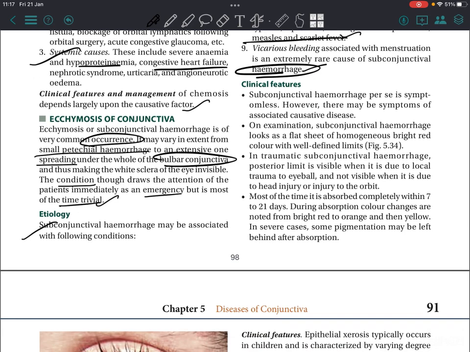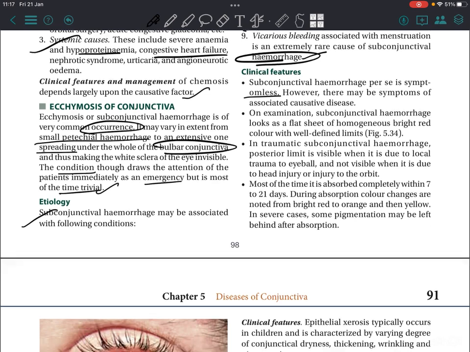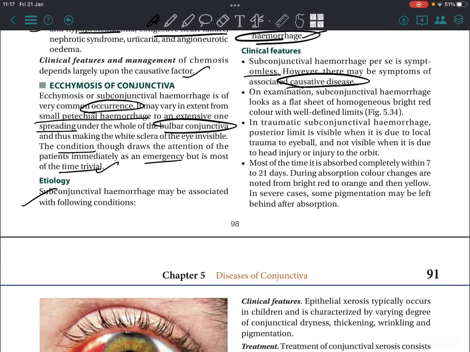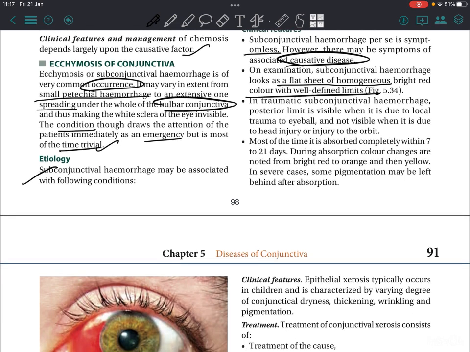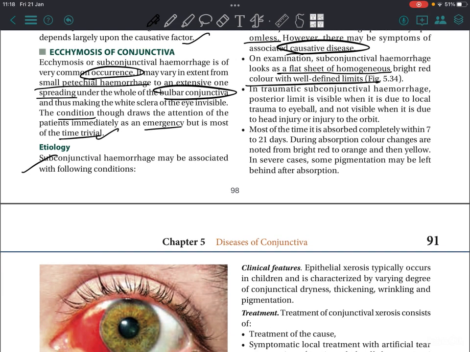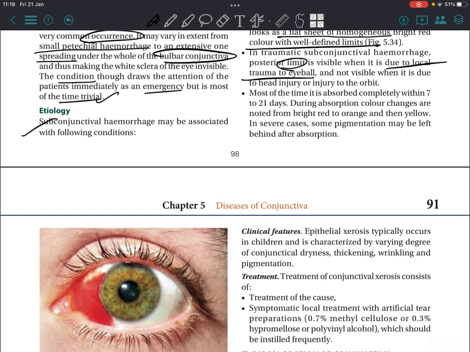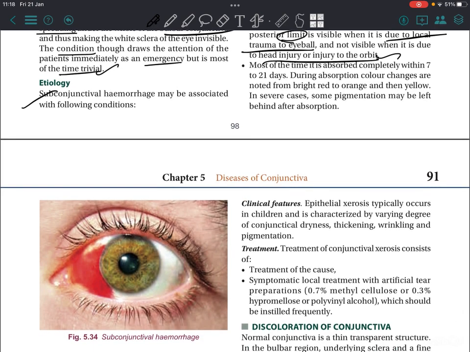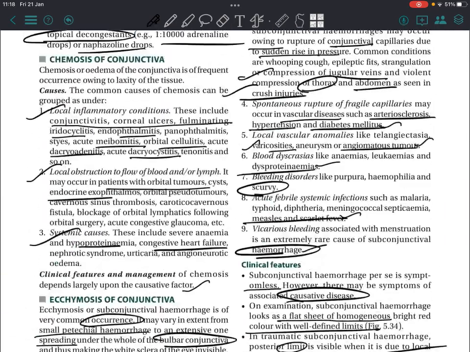Clinical features. Subconjunctival hemorrhage per se is symptomless. However, there may be symptoms associated with the causative disease. On examination, subconjunctival hemorrhage looks like a flat sheet of homogeneous bright red color with well-defined limits. In traumatic conjunctival hemorrhage, the posterior limit is visible when it is due to local trauma to eyeball, not visible when it is due to head injury or injury to orbit. Most of the time, it is absorbed completely within 7 to 21 days. During absorption, color changes are noted from bright red to orange, then yellow, and